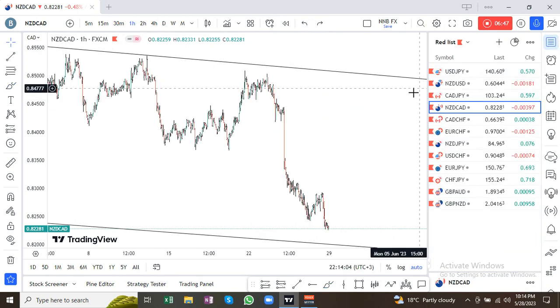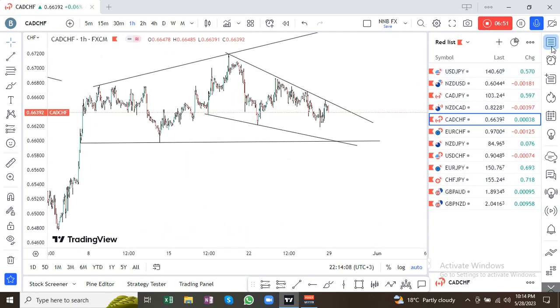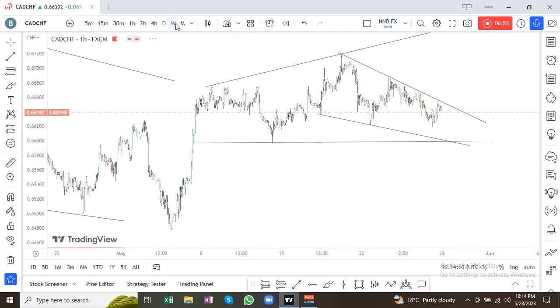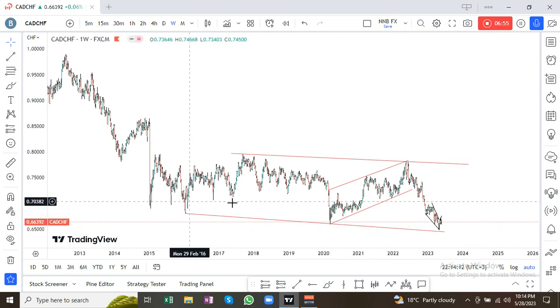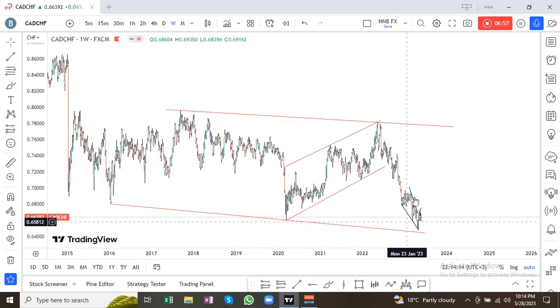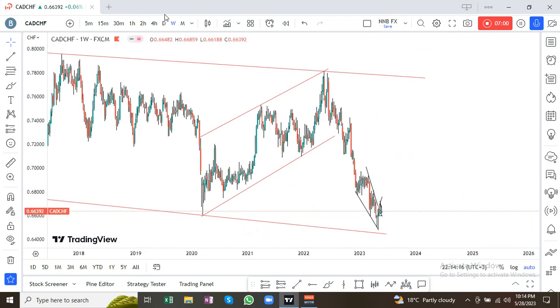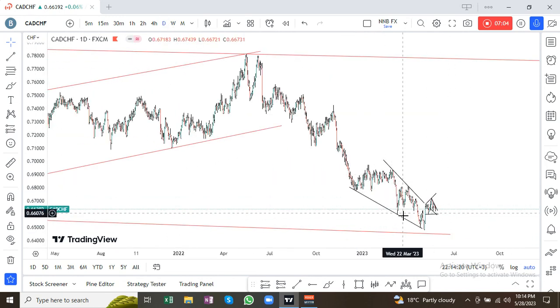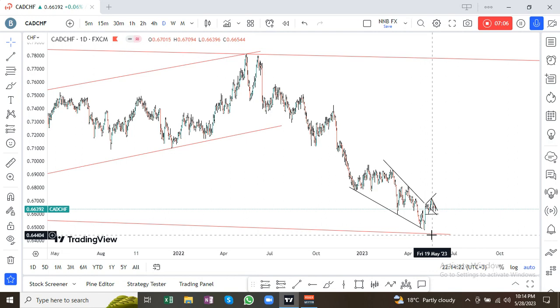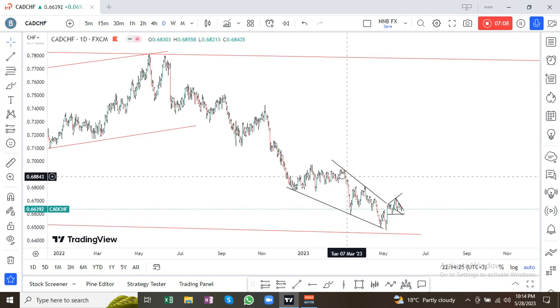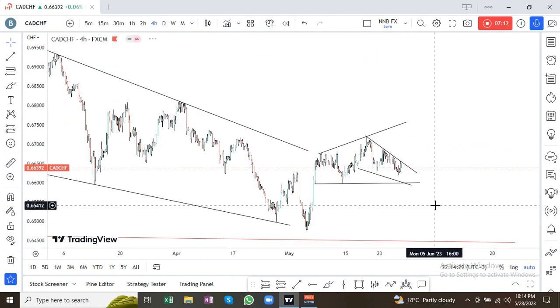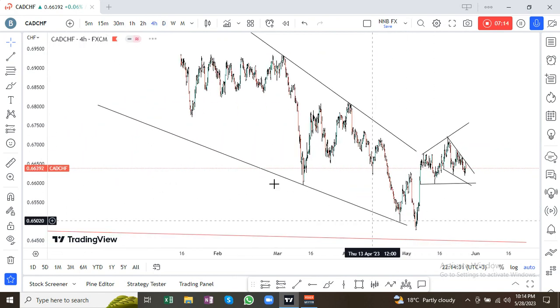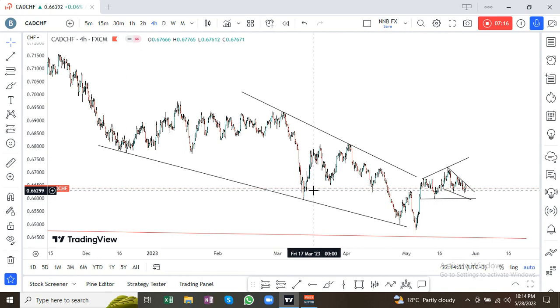The next pair on my watch list for this coming week is Canadian dollar against the Swiss franc. We'll go to the weekly time frame. We can see that it was inside this bigger structure on the weekly time frame. If we go down to the daily time frame, we can see that the market is coming down to this that touch correctively in form of a falling wedge. If we go to the 4 hour time frame, we can see that the market touched this falling wedge three